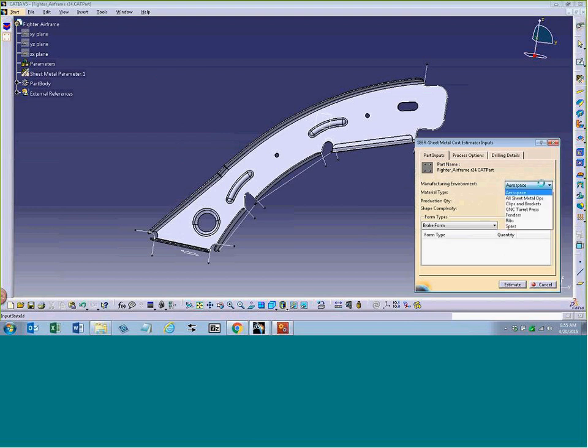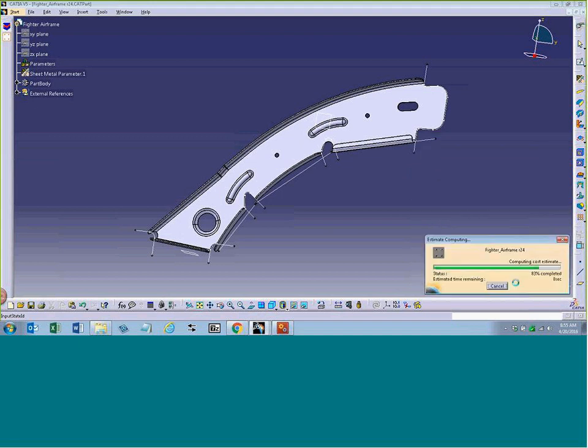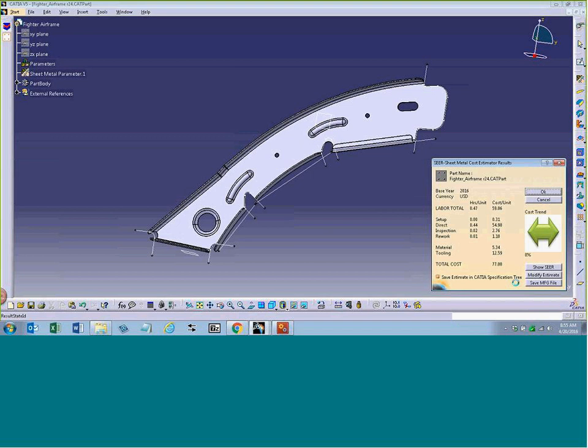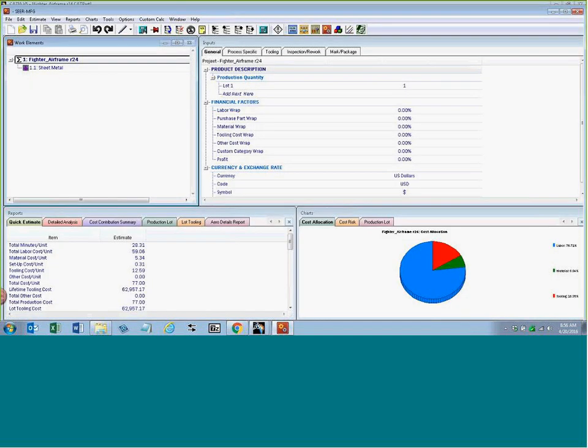We choose our manufacturing environment. We now have a new ribs environment, the default for that environment. So I can enter my quantity, or start my estimating process on that new environment. So it really does streamline the whole estimation process